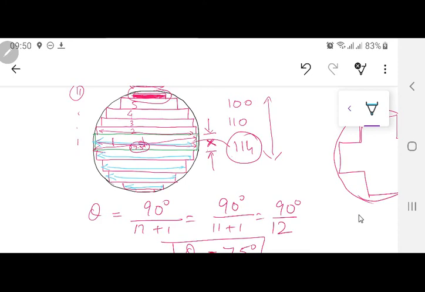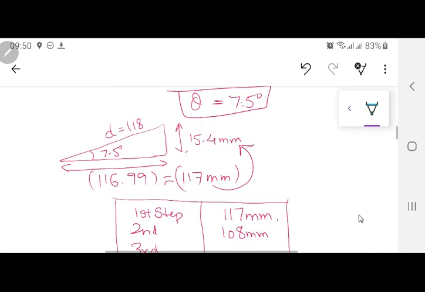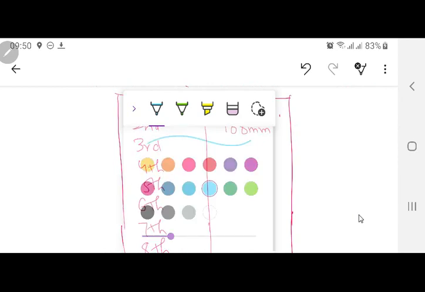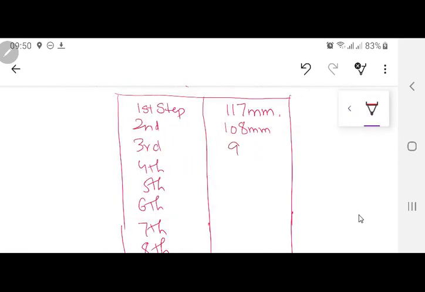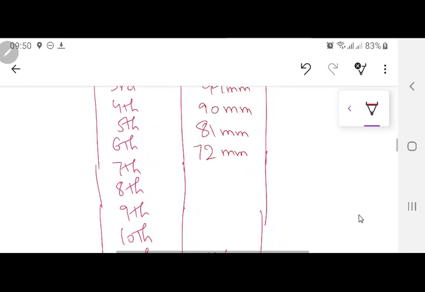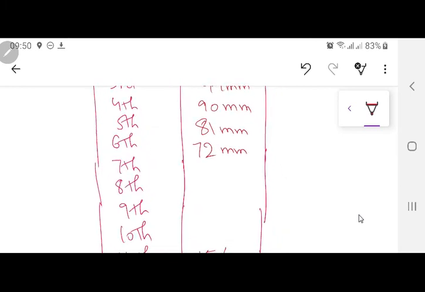Okay, 11 steps are difficult for me to draw here. That's why I just made 5 or 6 steps over here. Practically there are 11 steps on the top also, 11 steps on the bottom also. Okay. Now after 108, okay 99, next 90, next 81, 72. You are going by 9. Fine, no problem, whatever you think, but now stick to it, so that the design is not changed later. That is why I told you all this. 63 mm. Okay, next.